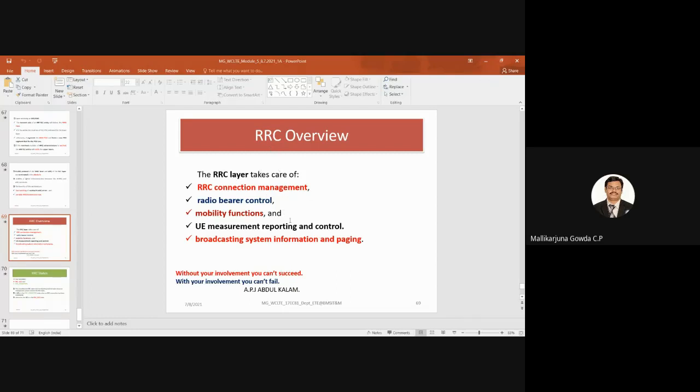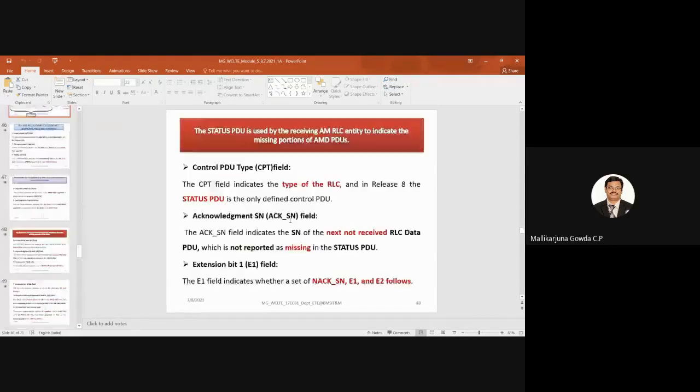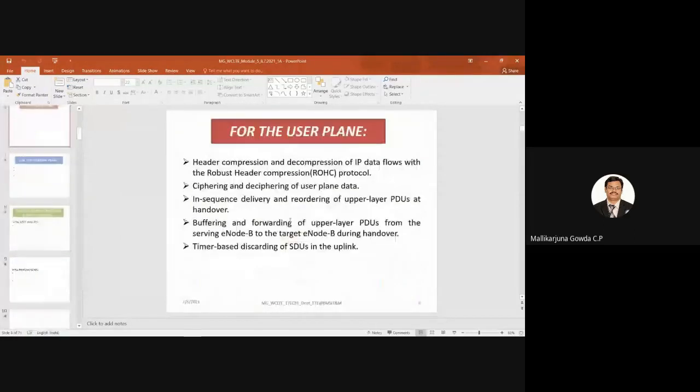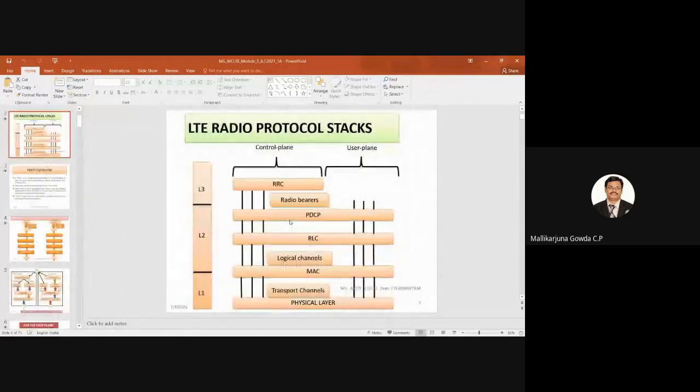RRC, then PDCP, RLC, MAC, and physical layer. I hope you are aware of that structure that I showed at the beginning. We have discussed it from the bottom: physical layer, then MAC layer, RLC, and in between I also spoke about the PDCP. So let us have a discussion about RRC.